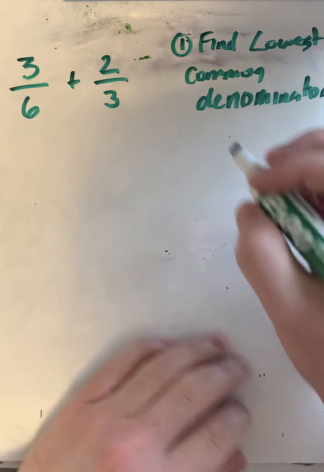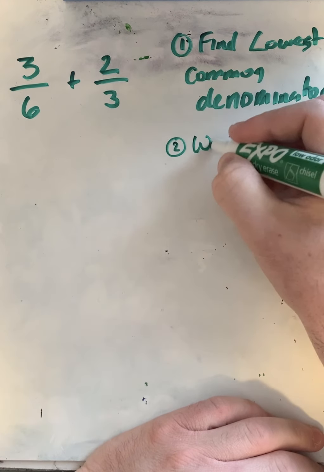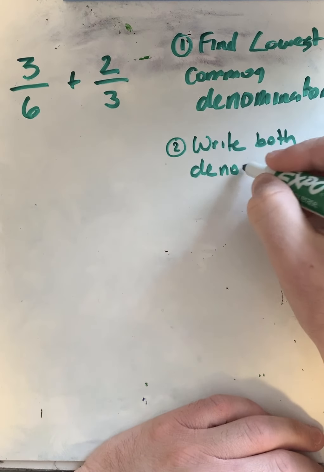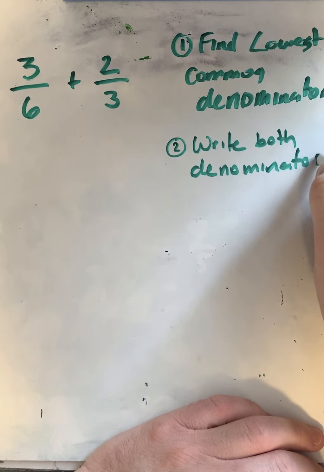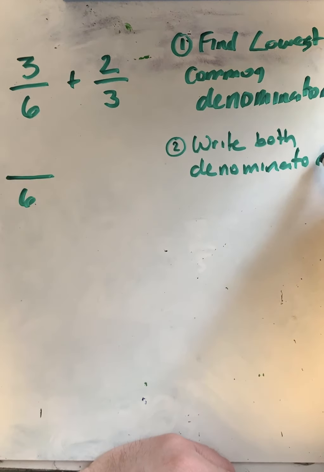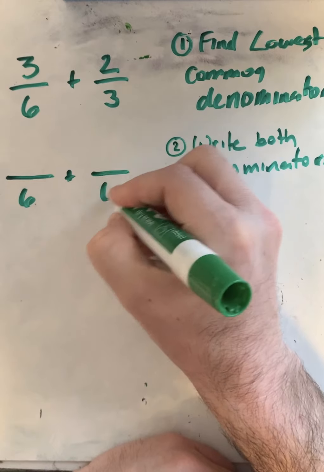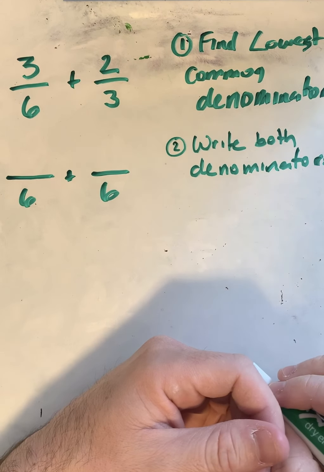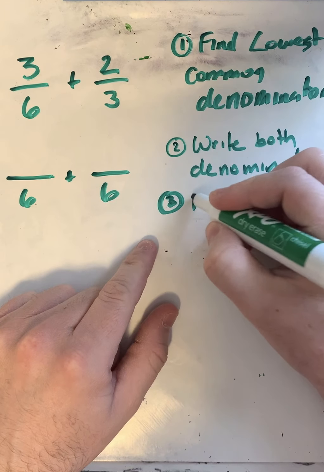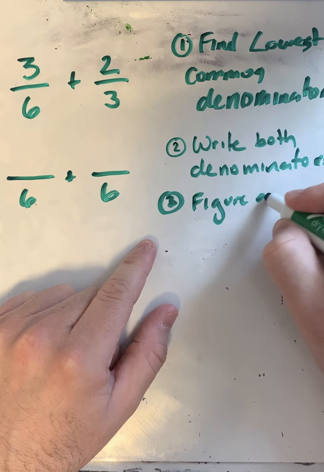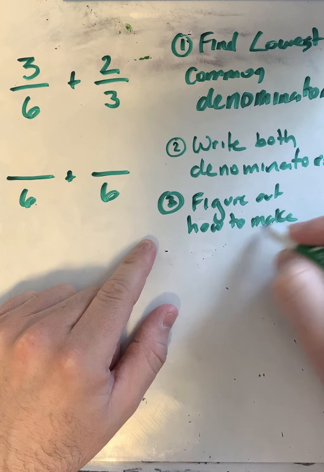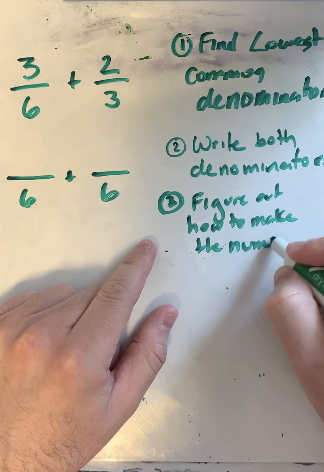So the next step is to write both denominators. So I'm going to write both denominators. Okay, I'm going to write 1 is 6 plus the denominator of 6. In step 3, you have to figure out how to make the numerators,